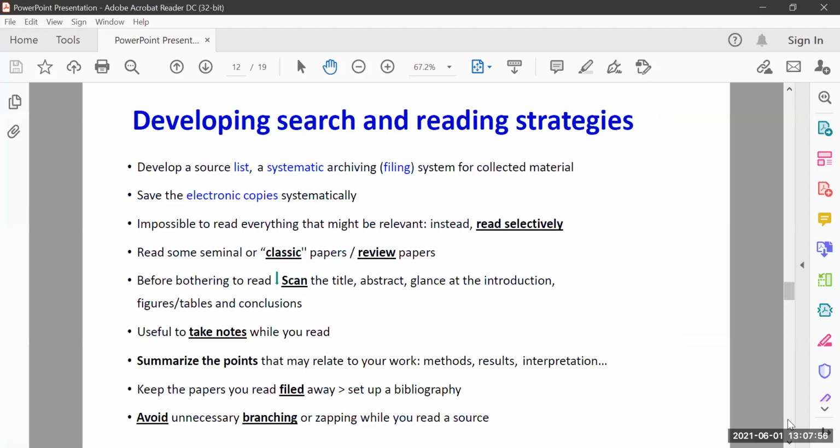Now, developing searches and the reading strategy. Develop a source list from where you will get material, and a systematic archive filing system for the collected material. Whatever literature you have collected, put it in some folder.